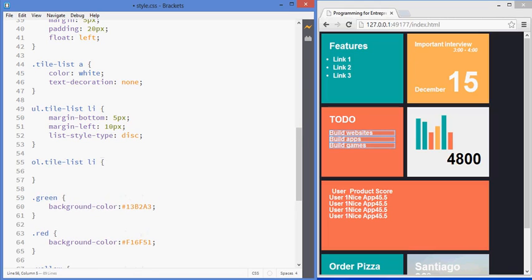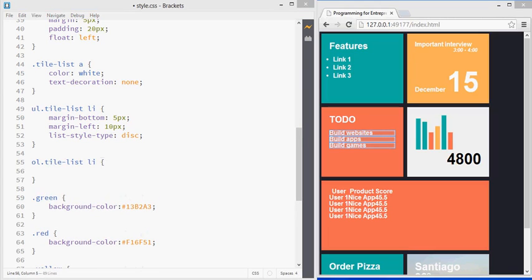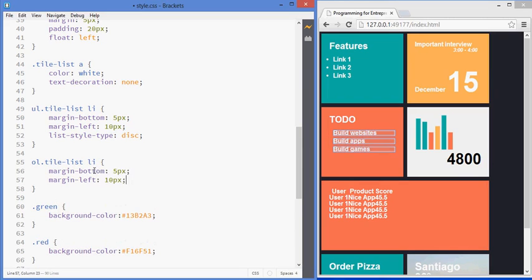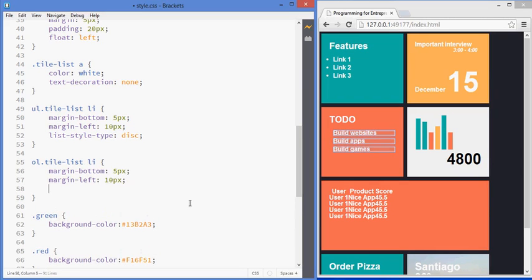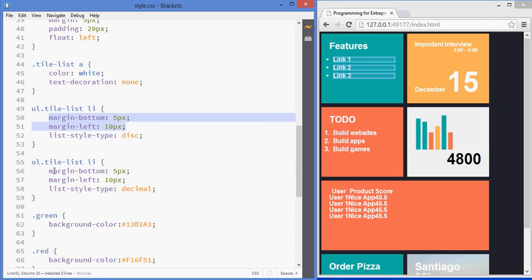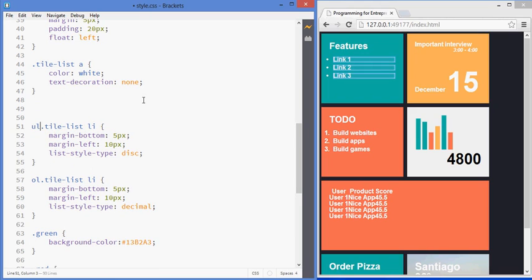Just like before, we'll add some, that's actually the same styling properties, and we're going to have the list-style-type. In this case, it's going to be a decimal. That's numbers. Now we are repeating this twice. We're repeating this in here. I also could do it this way. I could